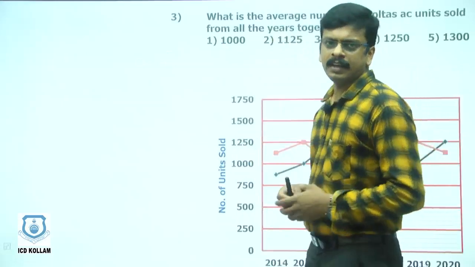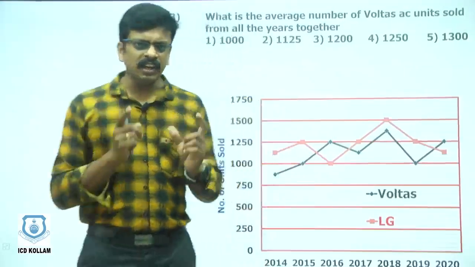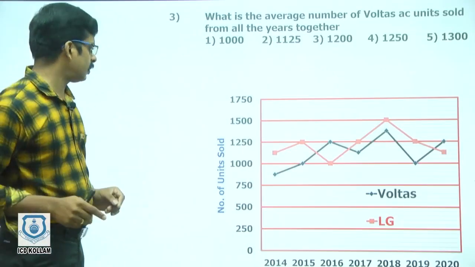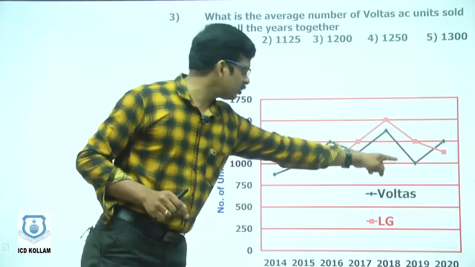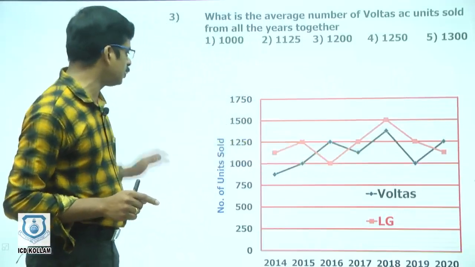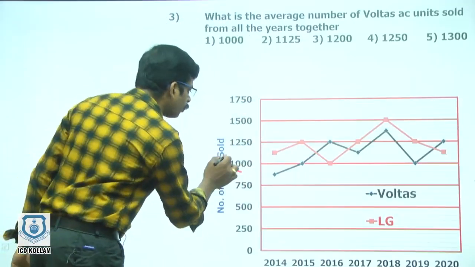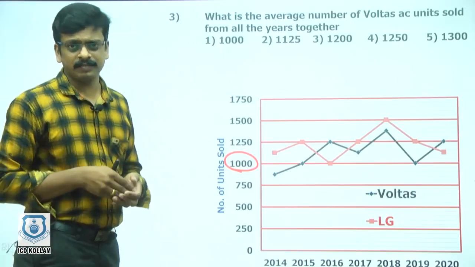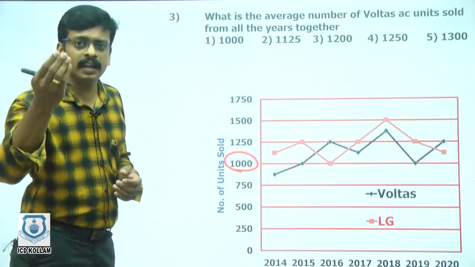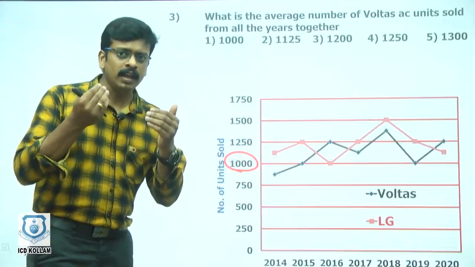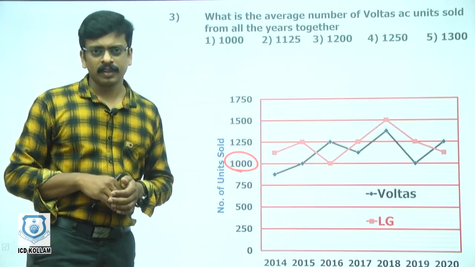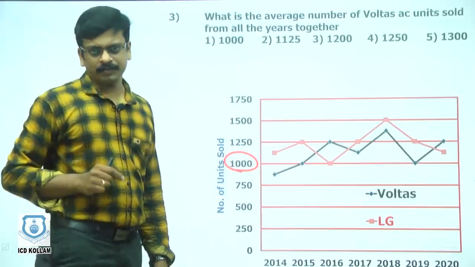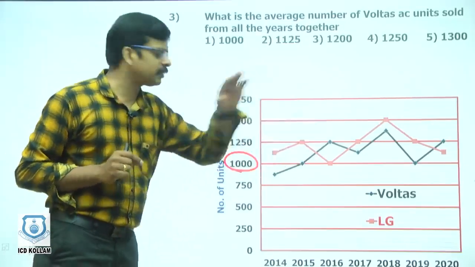And in our method, I initially state an approximate answer for Voltas here. All are very close to 1000, so I can say 1000 as my answer. It is actually not correct. Sometimes it may be higher than 1000, or in some other case it may be lower than 1000. So whatever the variation from 1000, we are recording it for each and every year.